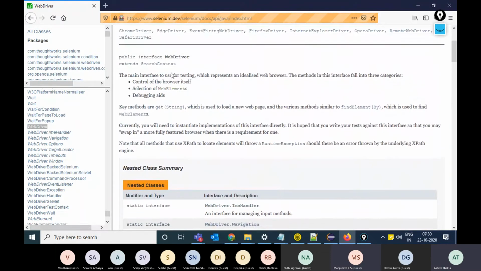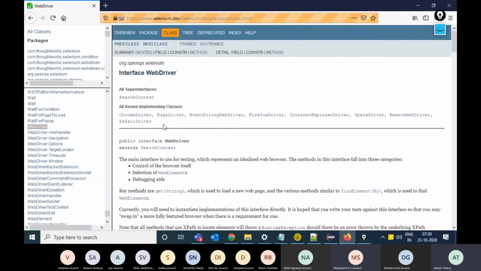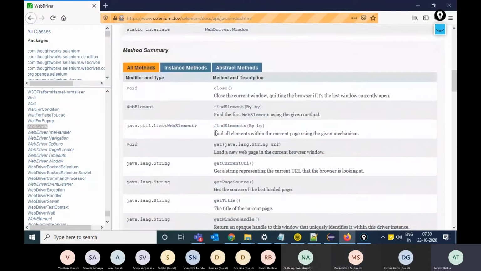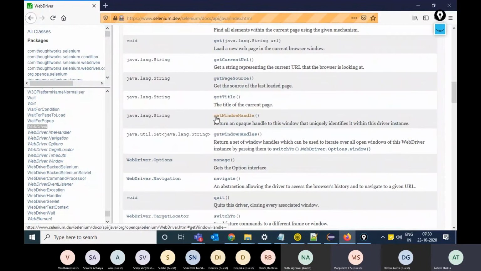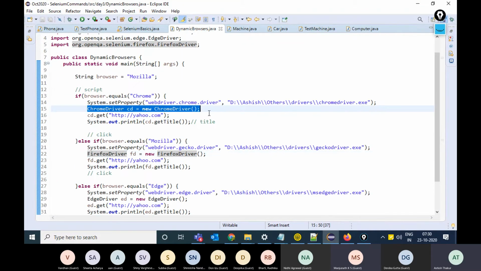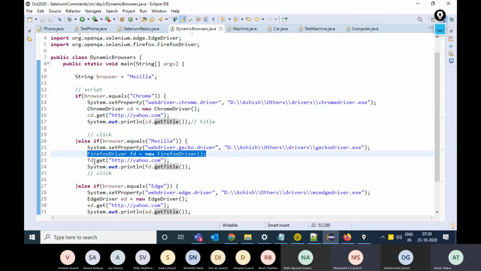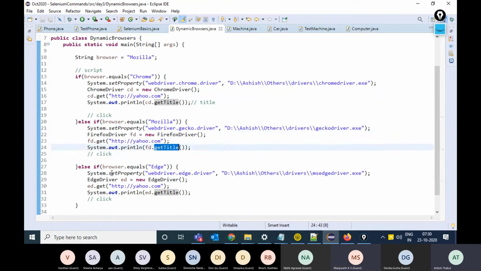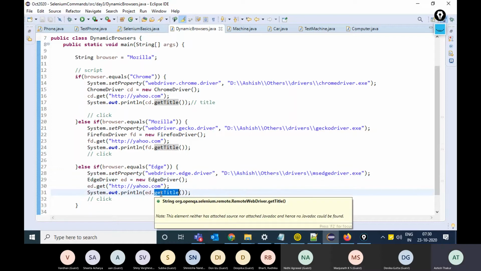All these driver classes have already implemented these functions. So that is why when I use the Chrome driver object, I'm able to use the functions, or Firefox driver, I'm able to use the functions. The function names are the same because they are coming from the WebDriver interface.